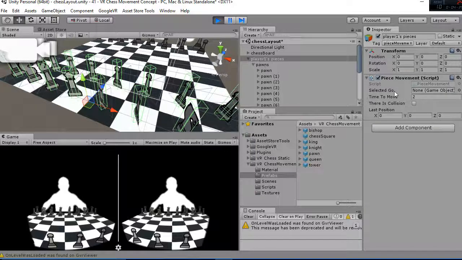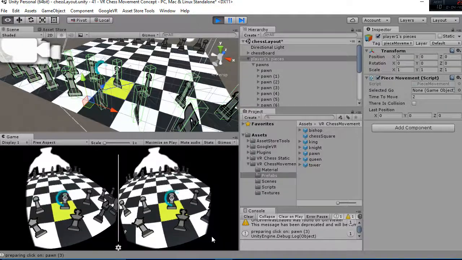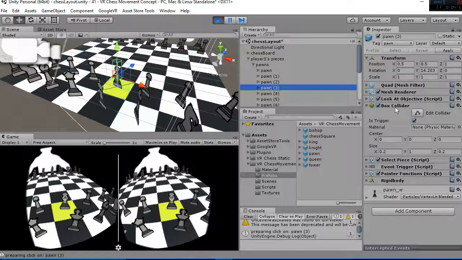As you can see here in the piece movement script, we have select game object, and it is empty. Whenever I move to a piece, I'm going to trigger a function that gets the pawn to this script. So you go to the pawn 3, and inside of this you have the select piece script,